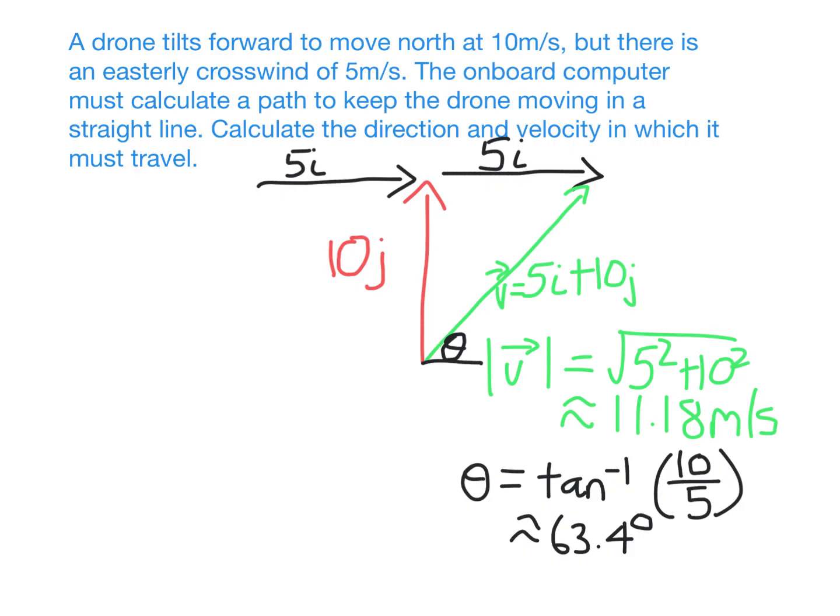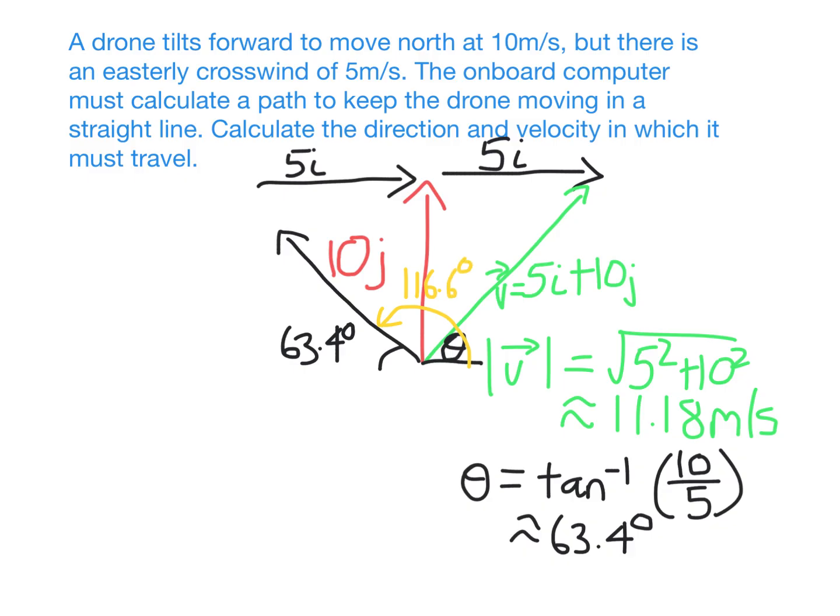So the computer is going to have to tell it to recalibrate. It's going to need to tell it to move according to a vector that is equal and opposite. So because it's being pushed, this is like 63.4 degrees north of east, we're going to need to aim at 63.4 degrees north of west. But of course, we don't call this direction 63.4 degrees. What we want is the angle made with the positive x-axis going in an anti-clockwise direction. We want this angle here. So that angle will be 180 minus 63.4,